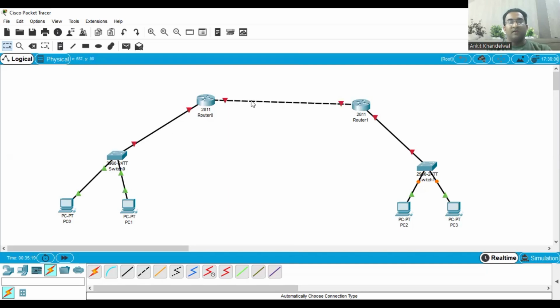Now see, here we have used the crossover cable because the two end nodes are the same type of device, that is routers, and here we have used the crossover cable. Now look,